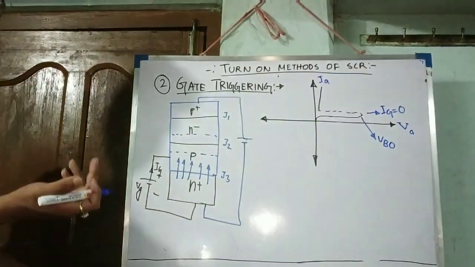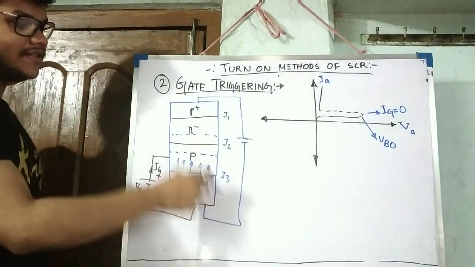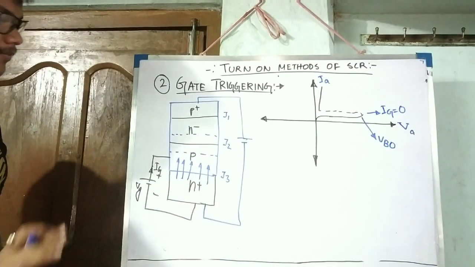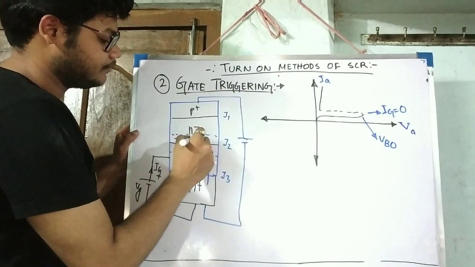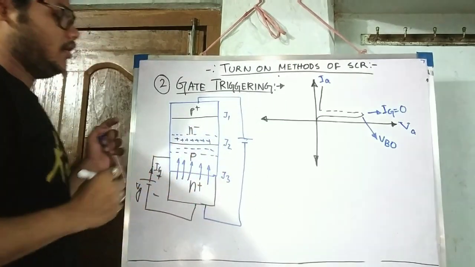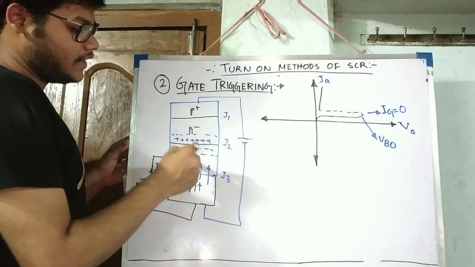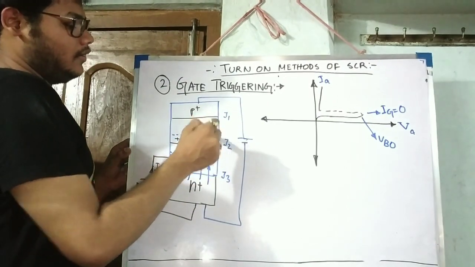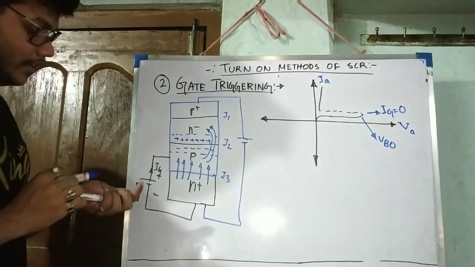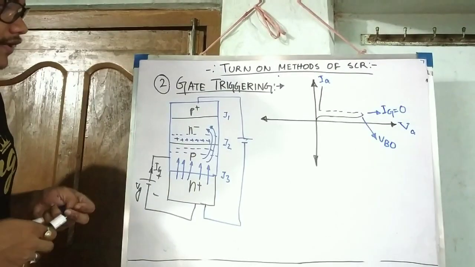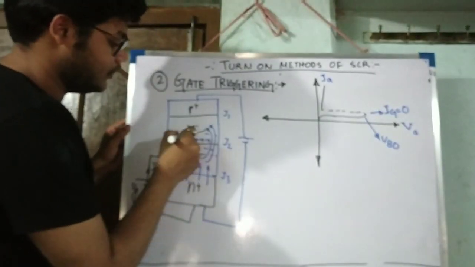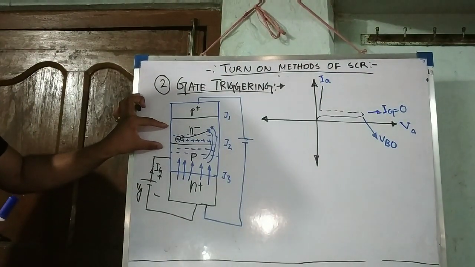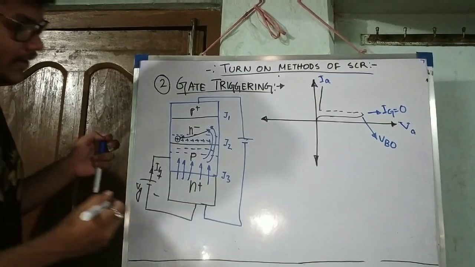I have told you that in power electronics you have two kinds of circuits: the main power circuit and your control circuit. So this is your control circuit and this is your main power circuit. This is an example. Suppose this is the depletion width. Now some electrons in the P substrate coming from the N plus layer will be swept away like this, and they will recombine with these positive ions. In return, this junction width, the depletion width, will be reduced.